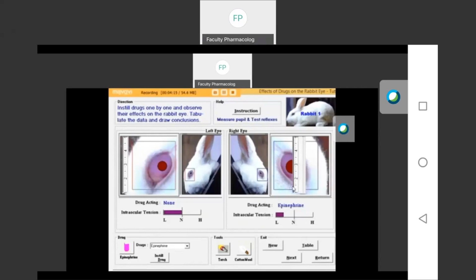So let us count from this part. 1, 2, 3, 4, 5, 6, 7, 8 and 8.5 mm. So it is the pupillary size with epinephrine. So you can note it down in your table. The normal eye has 6 mm and the test eye has 8.5 mm.